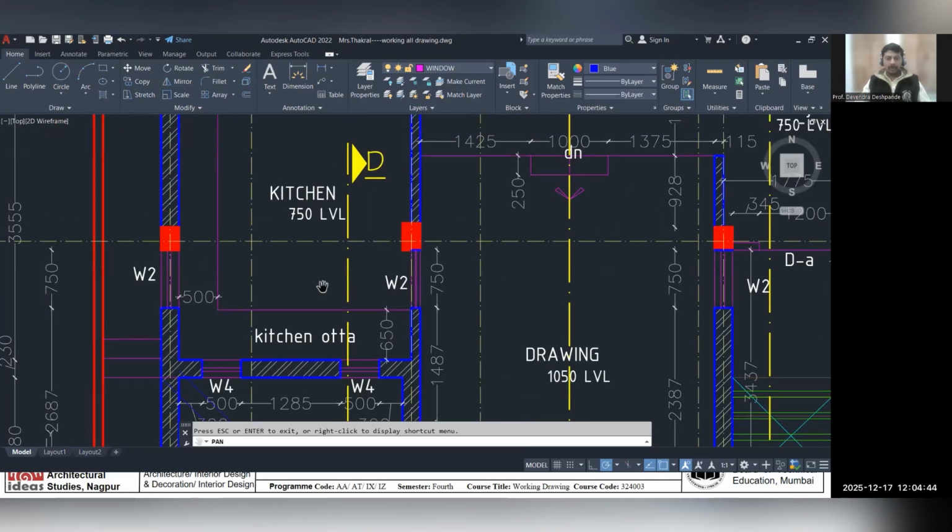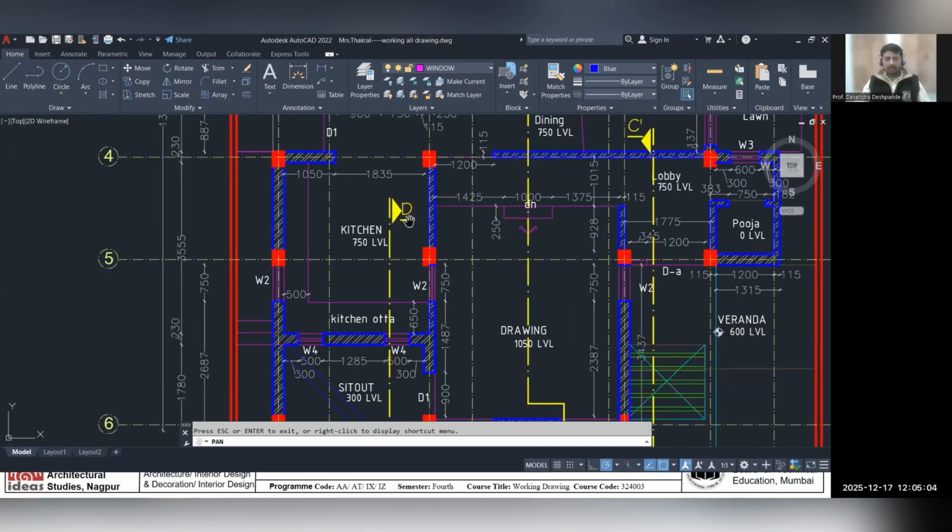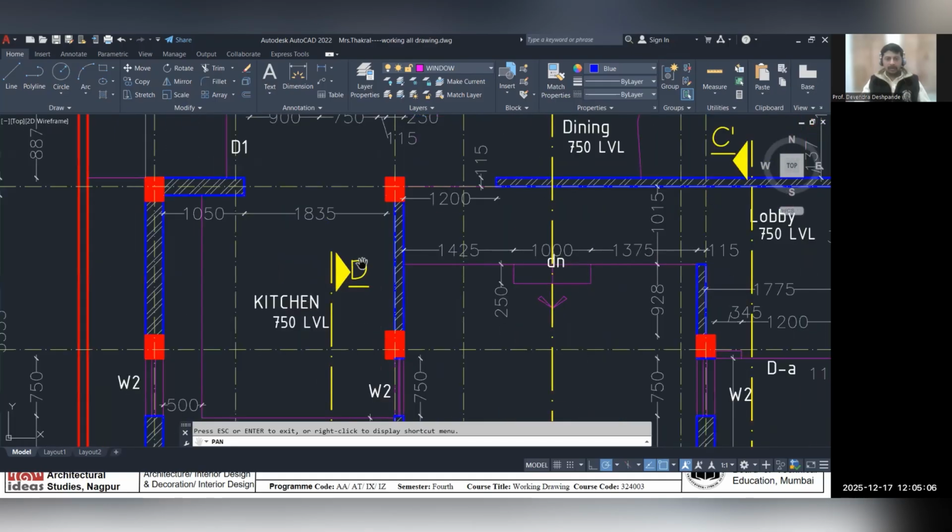This also showcases some of the internal openings within two spaces like kitchen and drawing. Here you could see that there is W2 just nearby the column, which allows the user to communicate from the kitchen to drawing hall. Here you could clearly see that the exterior envelope has a brickwork of 230 mm, whereas the interior brickwork is